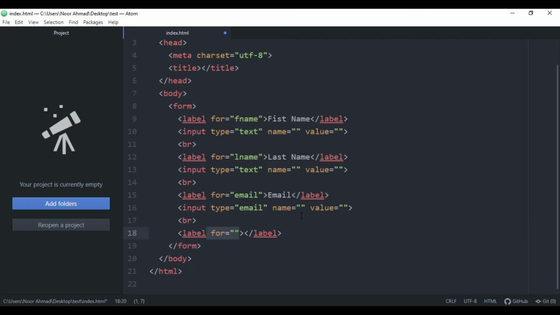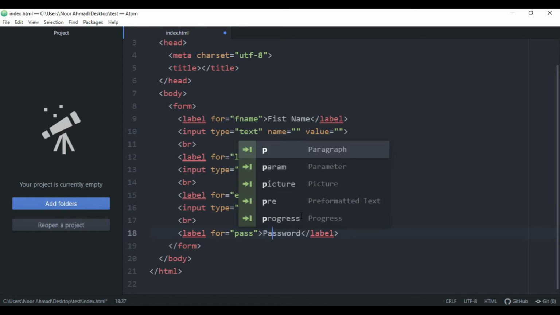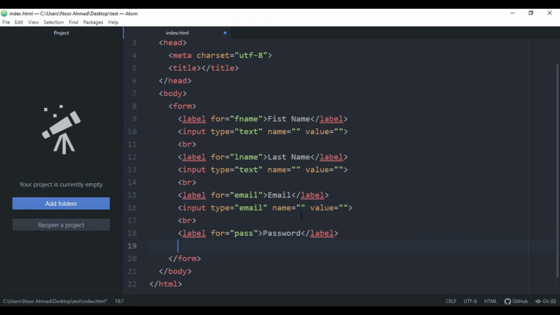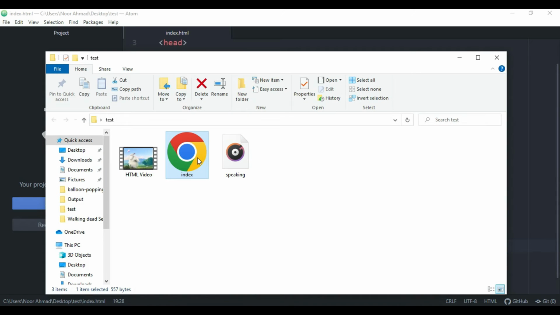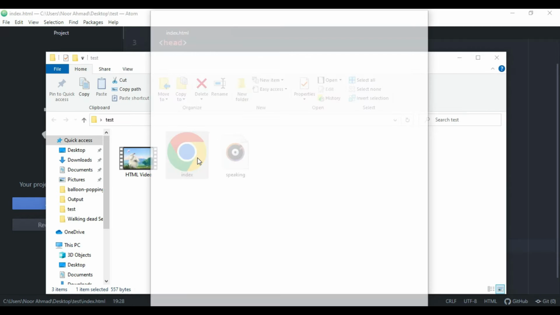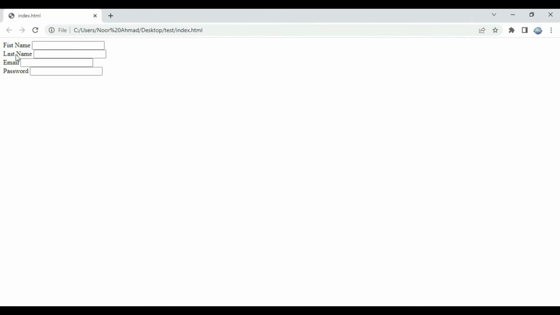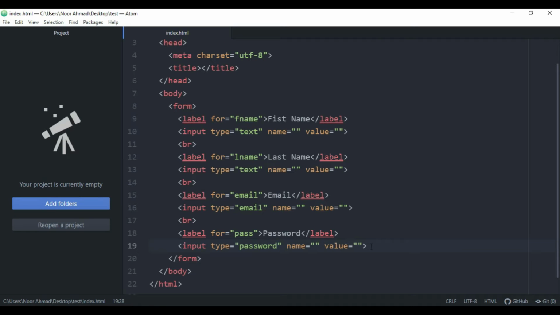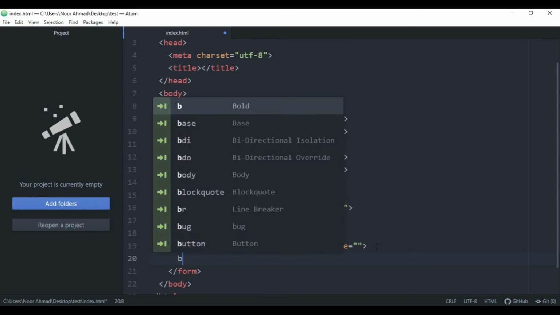Let's break the line and create another label. This will be password. So I'm going to use pass or password. Alright, so now let's create another input, and here I'm going to add the password. When I save this and refresh, open the browser, as you can see, this is the text field. This is the label, which is some information about these text fields. Now let's add some more options for this. So let's add a break line,